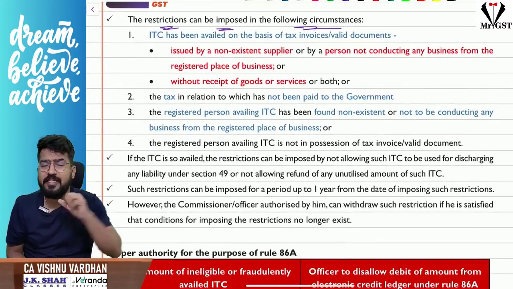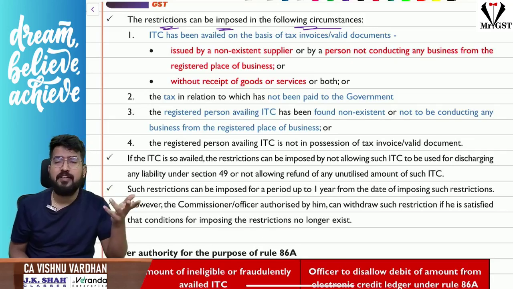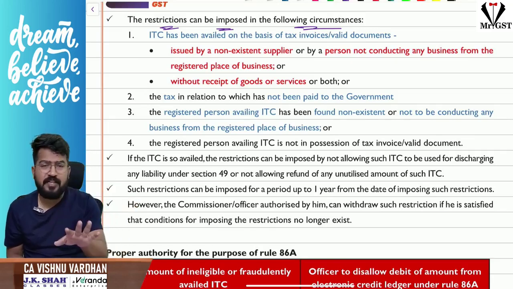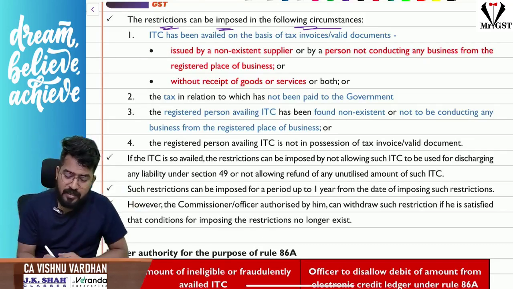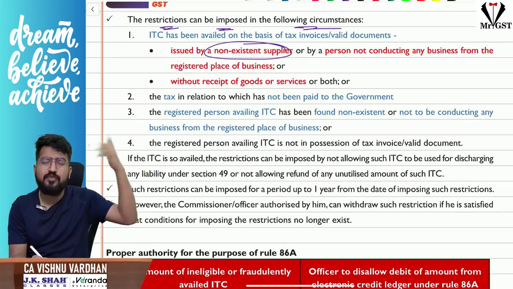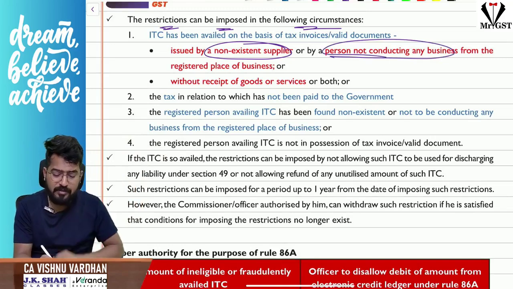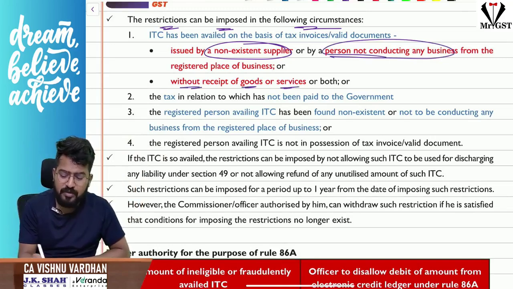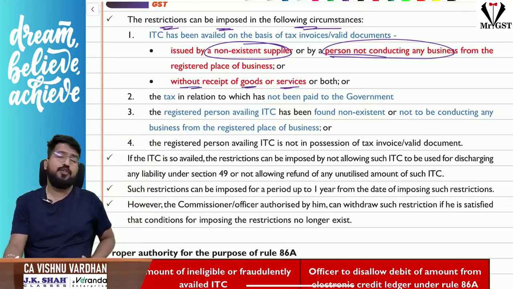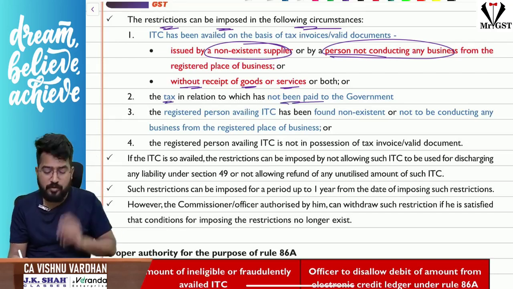Because your ITC balance is being reflected because of the supplier filing the invoices, your supplier has filed the invoices and those invoices are reflected in your 2B, and that supplier is a person who is not even existing. That means those suppliers have taken fake registration and sold something to you, or they are not doing business from the declared place of business, or you have received those invoices in your 2B without receiving goods or services. In such cases, or the tax has not been paid by the supplier to the government,